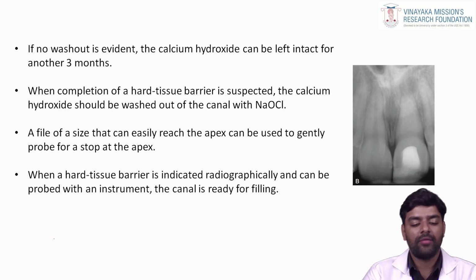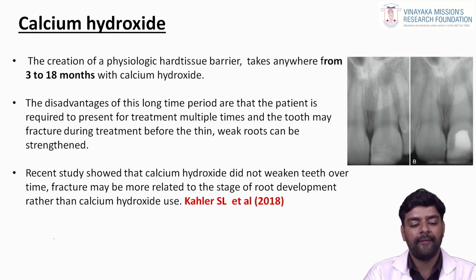When completion of the hard tissue barrier is suspected, calcium hydroxide should be washed out of the canal with hypochlorite. A file of a size that can easily reach the apex can be used to gently probe for a stop at the apex. The hard tissue barrier is indicated radiographically and can be probed with an instrument, and the canal is ready for filling. The creation of a physiological hard tissue barrier takes anywhere from 3 to 18 months with the